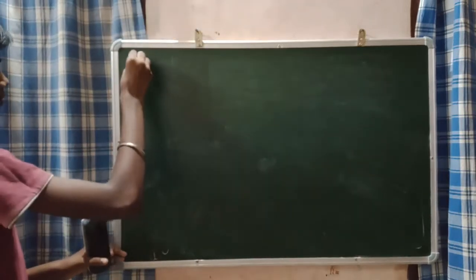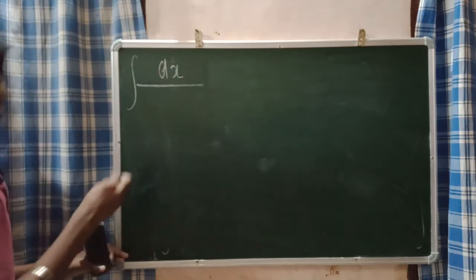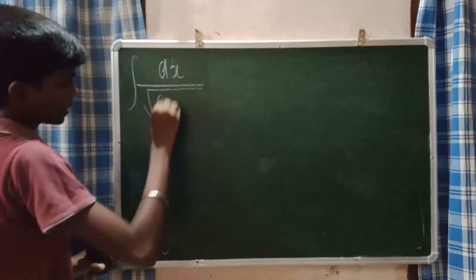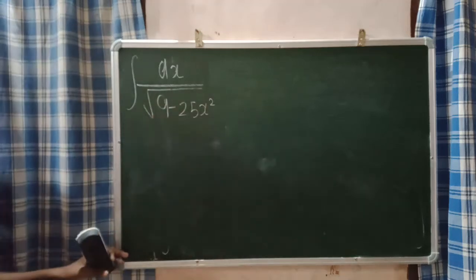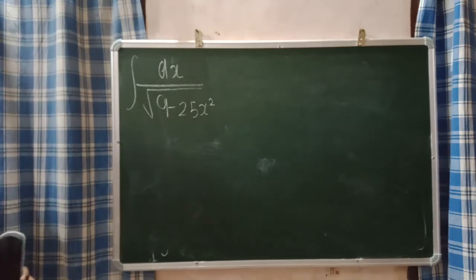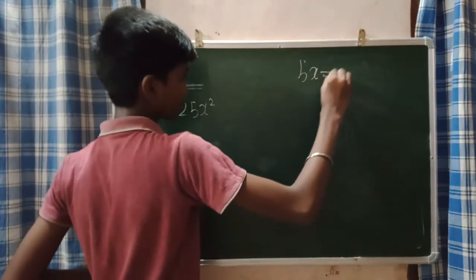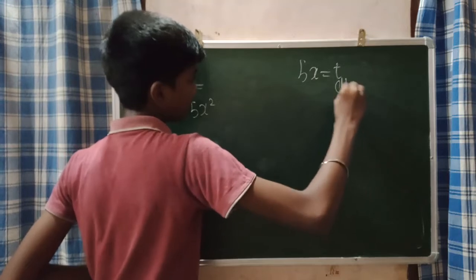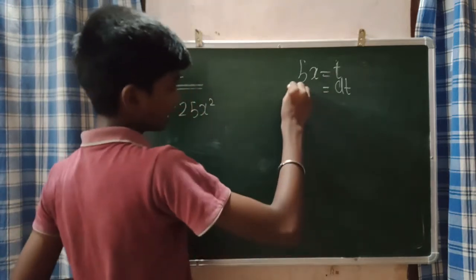So the fourth one is integral of dx divided by root of 9 minus 25x square. This is the question. So guys, in this question, first I am going to do a substitution. I am going to take 5x as t. When you take 5x as t, then dt will be nothing but the differentiation of 5x, that is 5